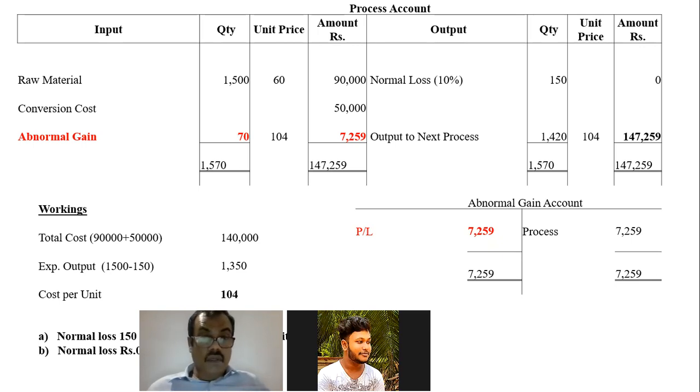$104 into 1,200. Yeah, normal loss is 150, gain is 70 units. Yes. So someone has just mentioned, sir, it's not 104 into 1,420. Yeah, that's like how much? 104 into